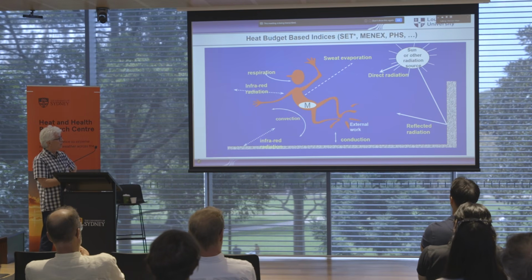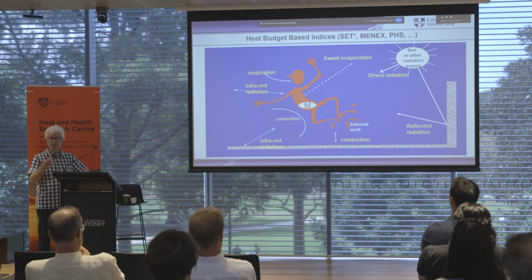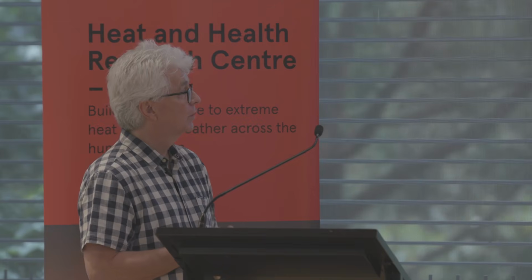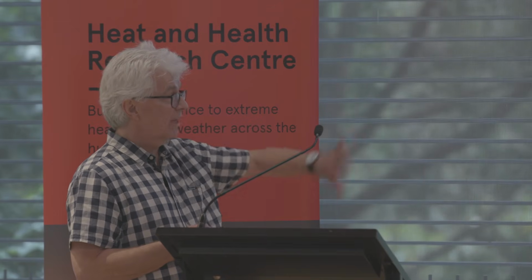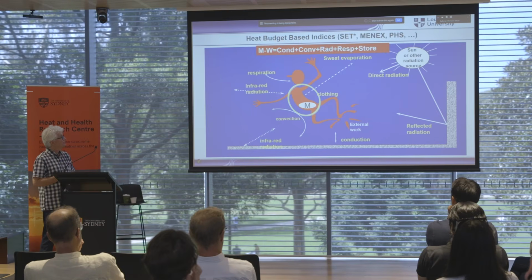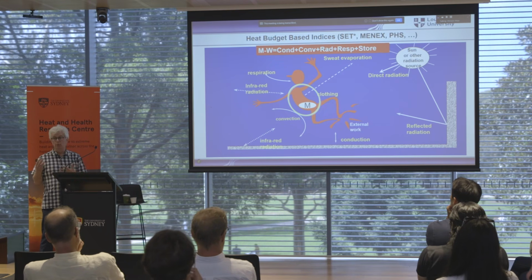You could have sunshine and reflected radiation. So there are a lot of different ways you can lose heat, but also gain heat, especially solar radiation, where of course we tend to gain heat rather than lose heat. If you capture this in the heat balance equation, you can calculate or estimate whether this person in this climate will cool down or warm up. And clothing is an important factor because that's the interface between your skin and the environment. So you calculate the heat balance equation. It's a really good tool to model things.